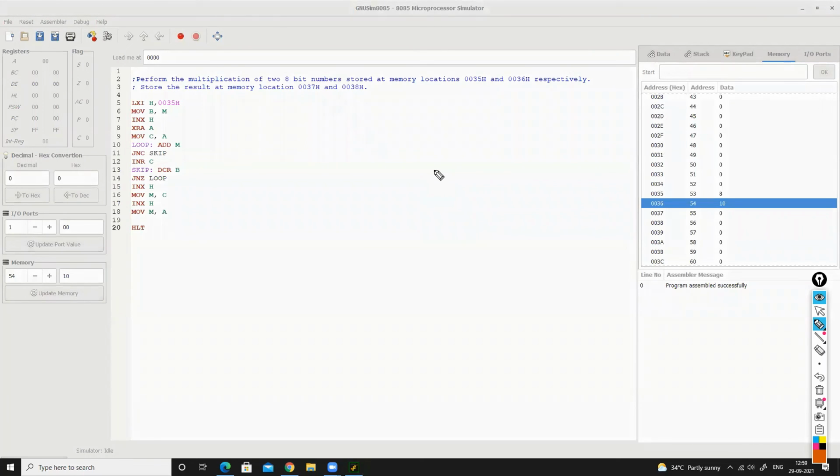The final value will be 8 into 10. What is 8 into 10? 80. So 80 can be stored. So our A will contain 80 and our C will contain 0.